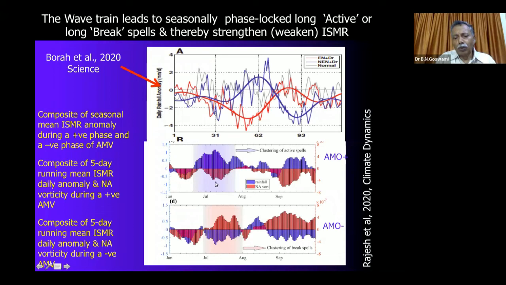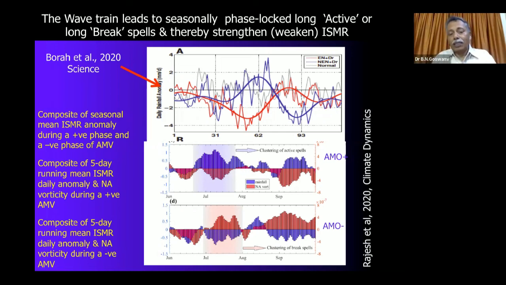during the positive phases of AMO, this is a composite of rainfall over several years of positive phases of AMO, and this is in the negative phases of AMO. And these red curves are the vorticity over that North Atlantic SST. And this vorticity also happens to be produced in an episodic manner. This episodic vorticity seems to drive these stationary waves, and those stationary waves affect the monsoon circulation on this subseasonal